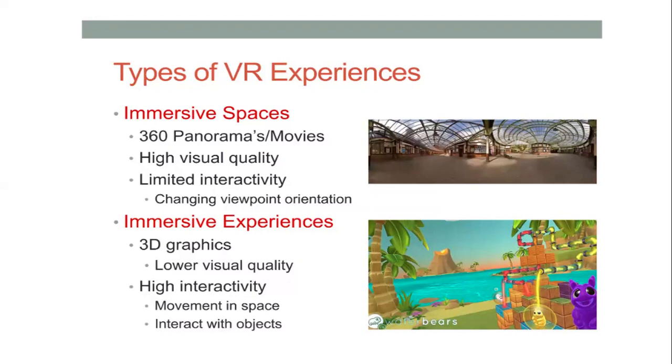I just made it with some normal games by looking at realities, where it is a 3D graphic I made with a lower visual quality. If you want, you can make higher visual quality as well, but as of now, I have made it lower. And how will the interactivity be? The interactivity will be high, because there should be interaction with the objects, and there should be movement in the space. Meaning if this particular object has to speak or run, I have to make it feel like high interactivity.